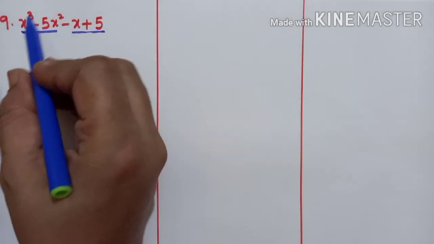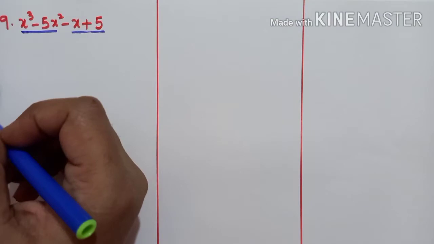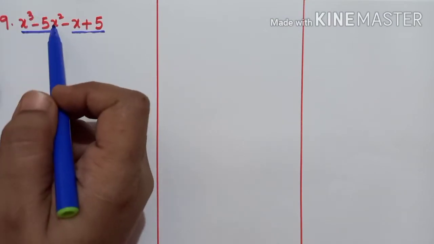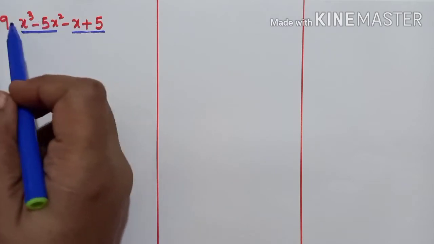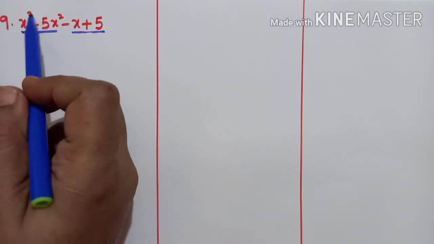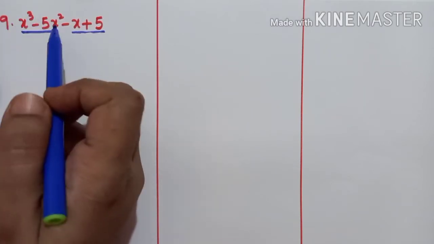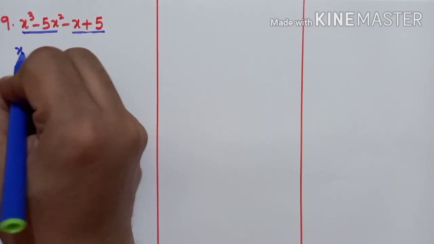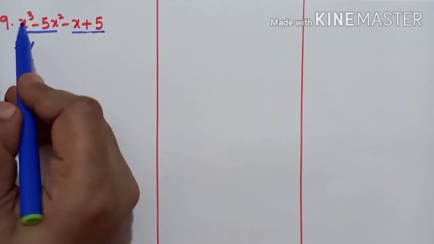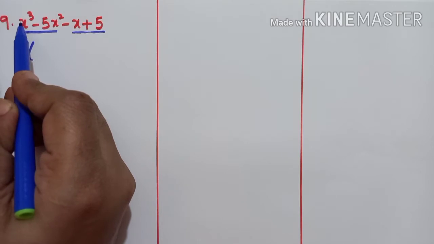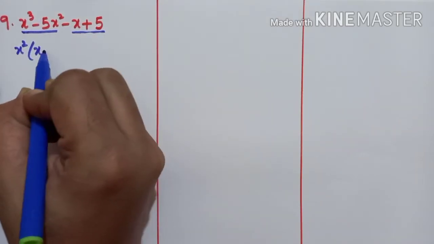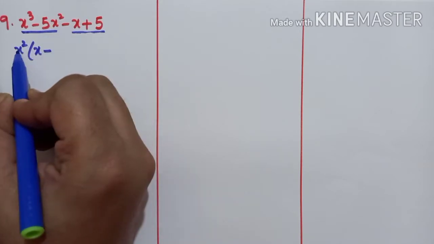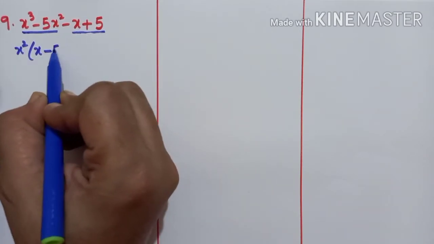Okay, so now x cube minus 5 x square. What can you take common? Here x cube is there, here x square is there. So can we take x square common here? Because no coefficients we can take common, so let us just take the variable. So x cube, x square, that means x square you can take. Okay, now after taking x square, what is left here? x is left, because x square into x will give you x cube. So x minus, here x square already we have taken, only 5 is left.